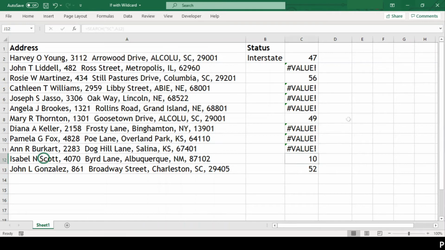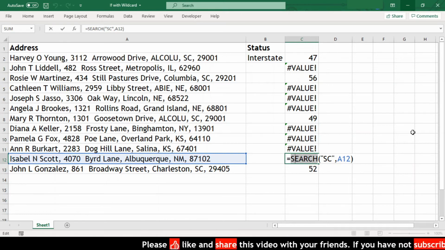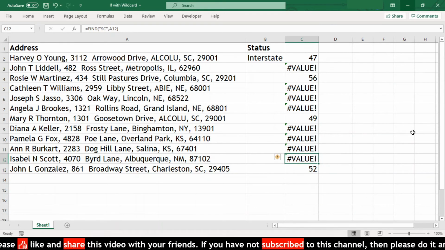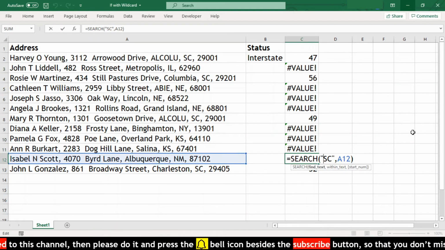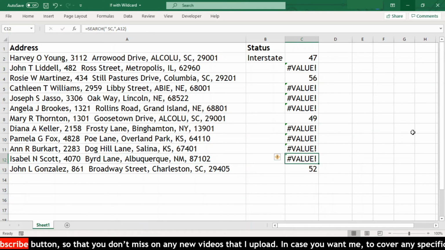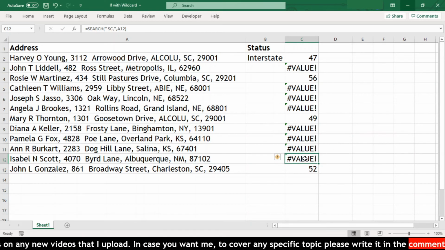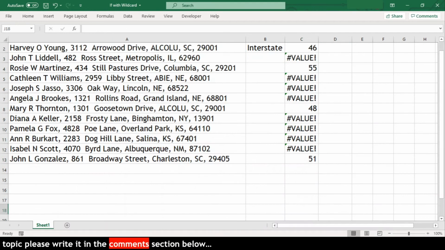Now we have two options here. Either we can use the FIND function, which is case sensitive, instead of SEARCH, or we can provide additional information, that is a space before SC and a comma after, to the SEARCH function, like this. Let us continue with the second option and copy this formula in all the cells. But if you remember, we wanted a black and white result, which we can use in the IF function, but we have managed to get a result in numbers if our text is available, and an error otherwise.